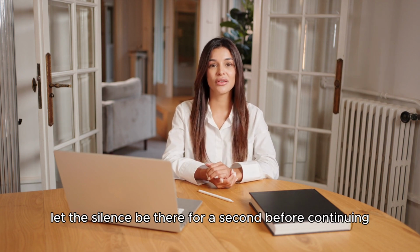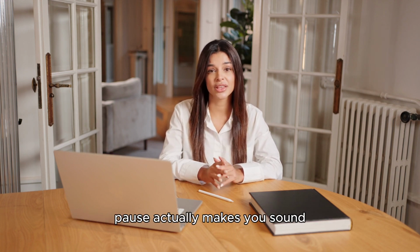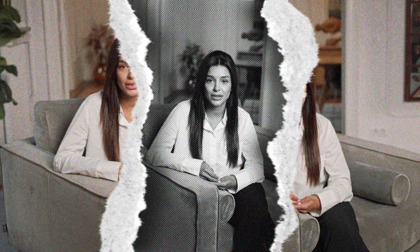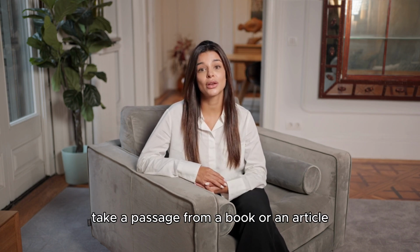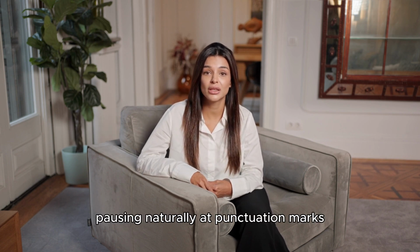Let the silence be there for a second before continuing. This might feel unnatural at first, but over time you'll realize that a brief pause actually makes you sound more composed and in control of your speech. Another way to practice is by reading aloud with intentional pauses. Take a passage from a book or an article and read it slowly, pausing naturally at punctuation marks and after